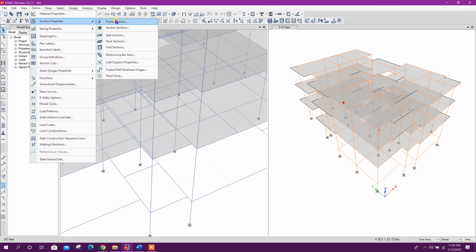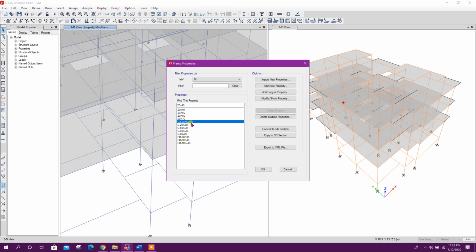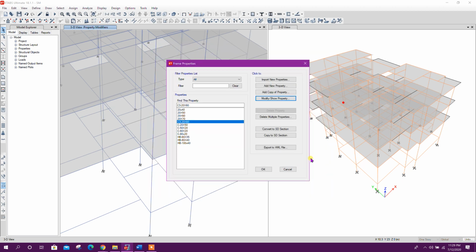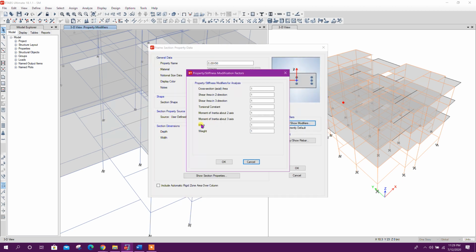Usually when we define a frame section with a column section, here we change our property or stiffness modification factors, for example 0.7, 0.7. This is what we usually do. Along with the section property definition, we define section properties.